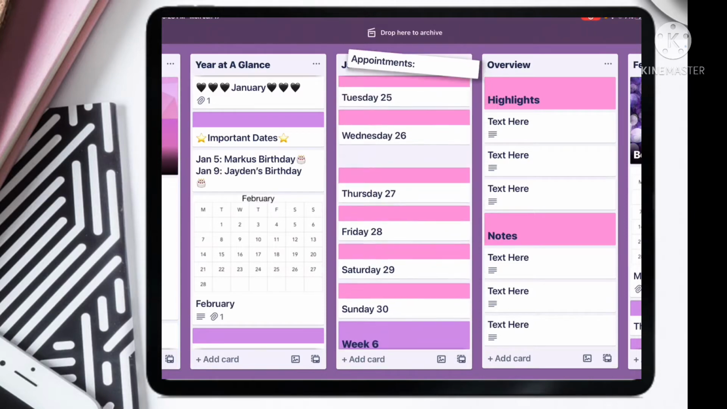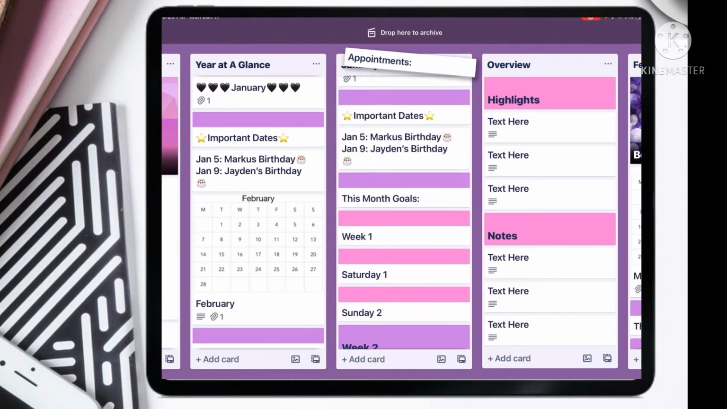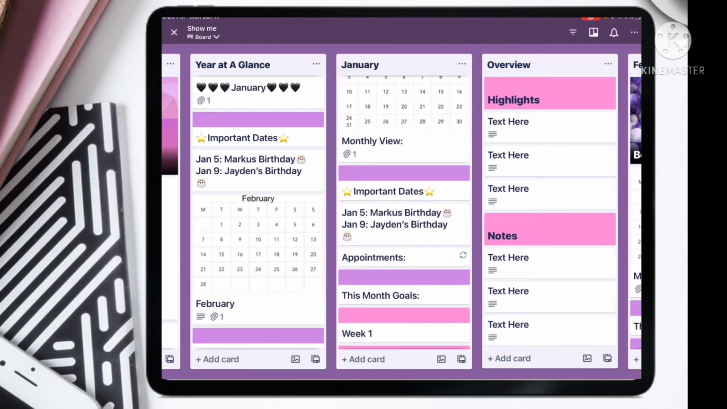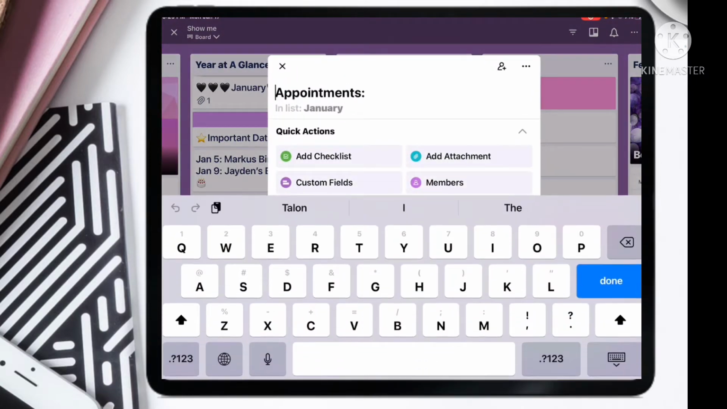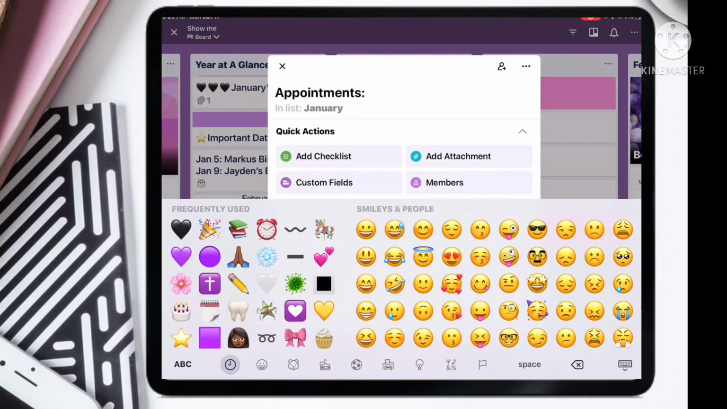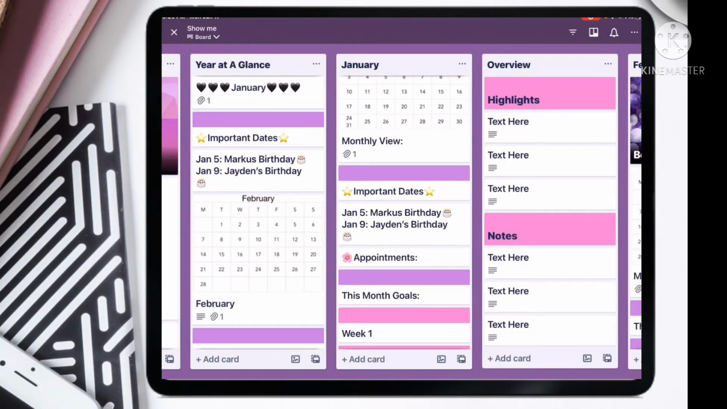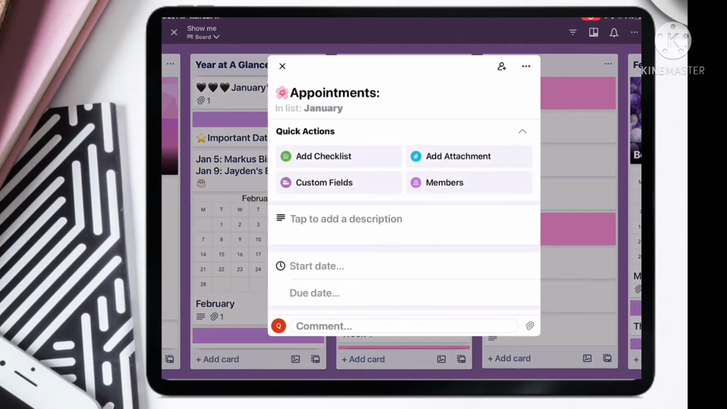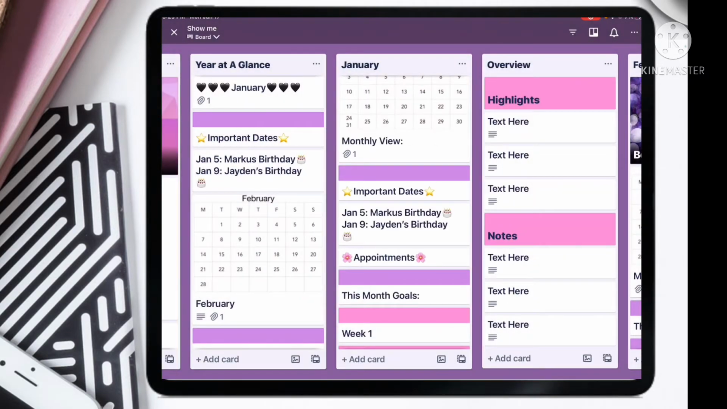And I want to bring that up to the top of January, right under our important dates. I want to have appointments here, and I'm just going to jazz that up just a little bit. Maybe hearts. Nope. You can either put a calendar. I think I want to do the flower. Do I want one flower? Let's try two. Either way is cute. Okay, so we got our appointments, and